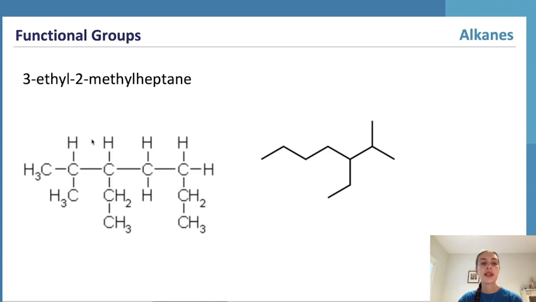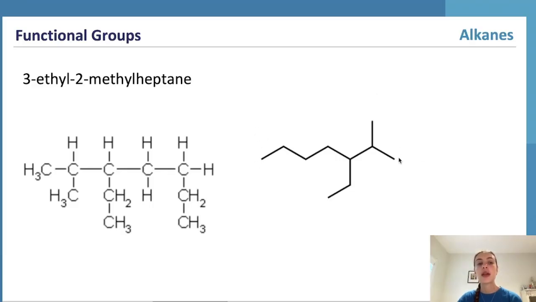And so that's what our extended structural formula would look like for this particular molecule. The next thing we want to look at is what our skeletal formula would look like for this particular molecule. We can see this one here is actually a flip of this molecule here, much like the other time. So we can be counting from right to left as opposed to left to right, because